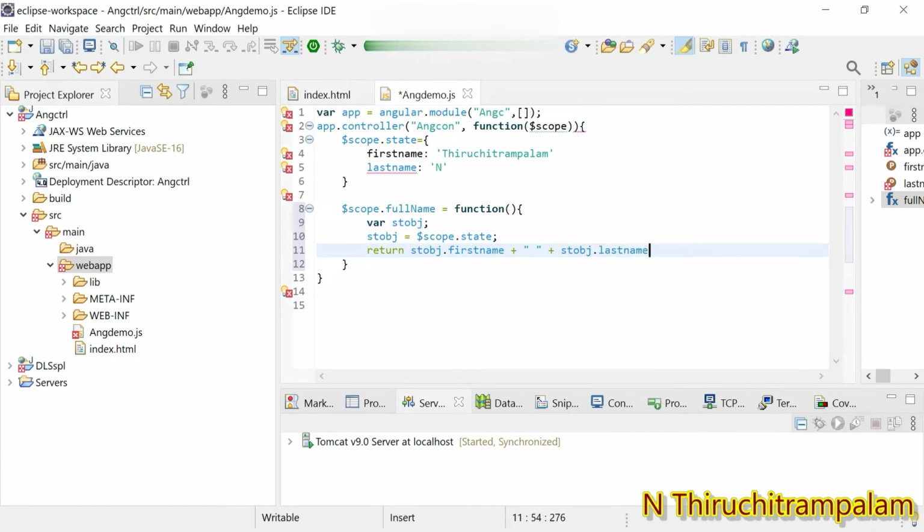Okay, that's it. Whatever code needs to be done within the function has been done.